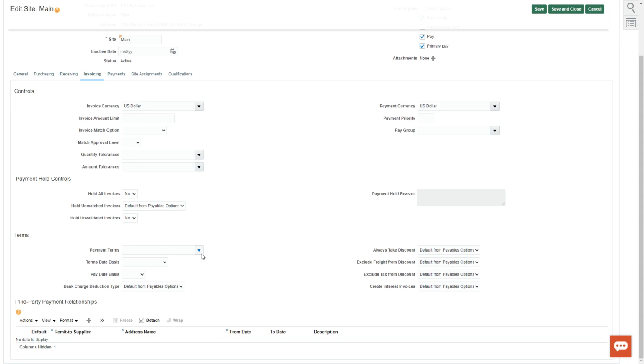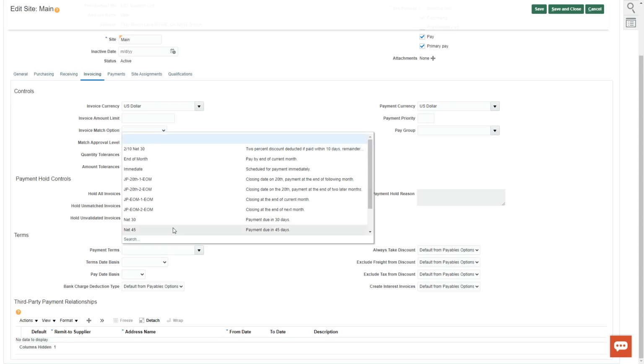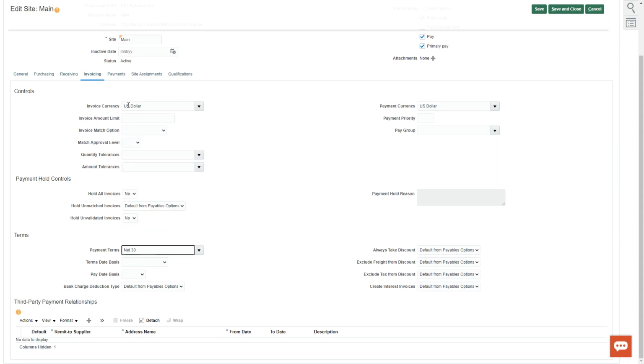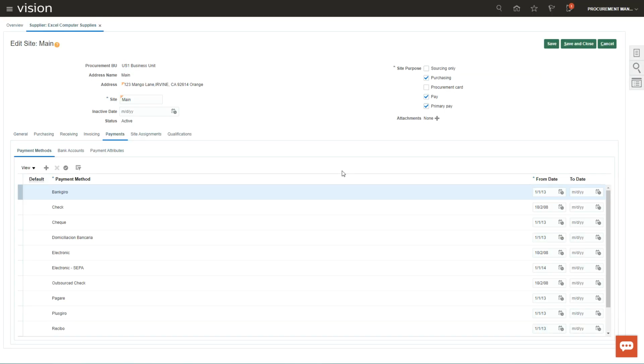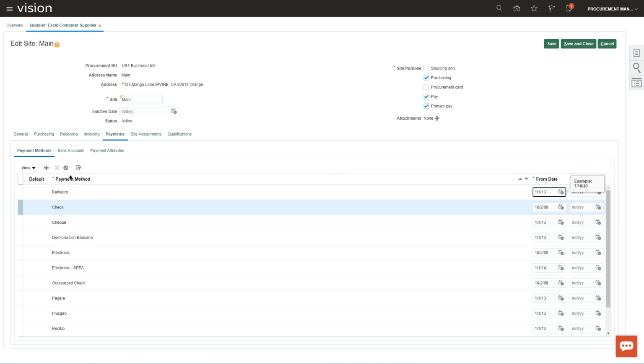So payment terms, if you want to pay the supplier, let's say net 30, you can set that up. Again, on the payment, remember we set a payment type on supplier master, but if you want to set it up for a particular site, there is a function to do that as well. So you can set it up like that. So anytime you select this supplier site, it will enable check payments.